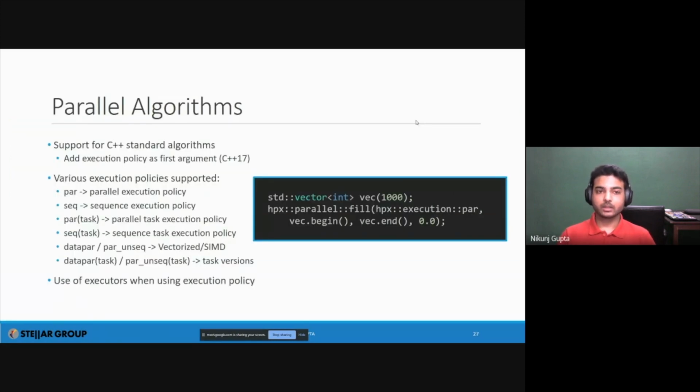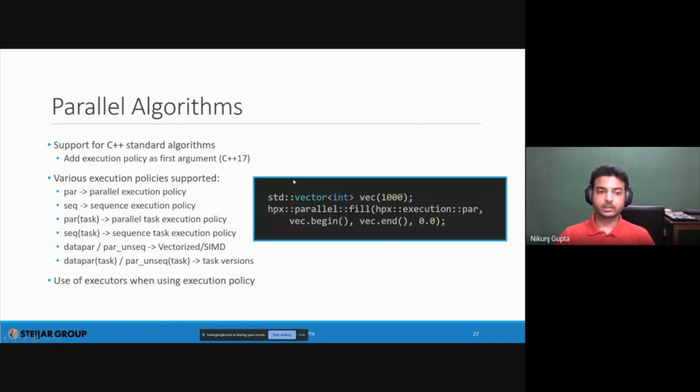So, parallel algorithms. With C++17, you know that we have support for parallel algorithms in C++. That's done using the execution policies that are added as an additional parameter, the first parameter. In C++, there are various parallel execution policies supported.